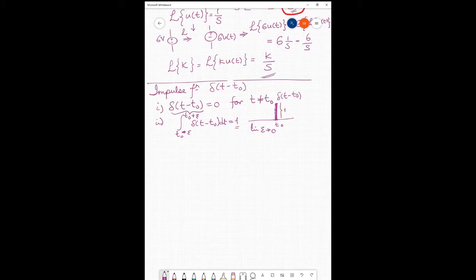So once we define a Dirac function as this, the first property is that a Dirac function is always 0 for anything on either side of t naught. So if we have Dirac at t, that is essentially Dirac at t minus